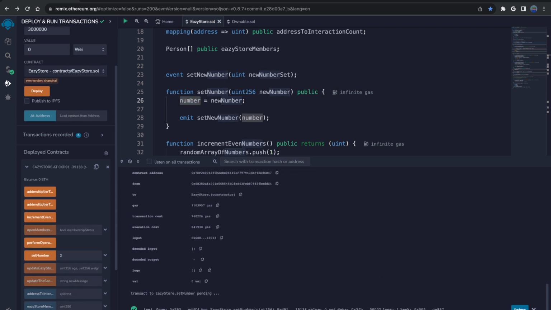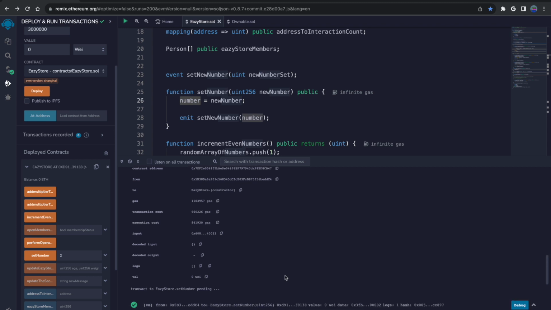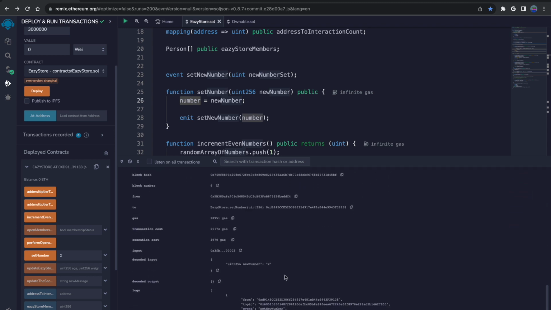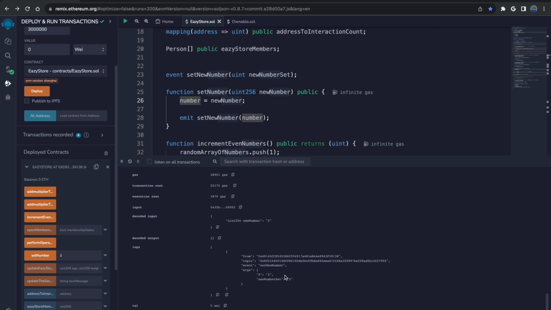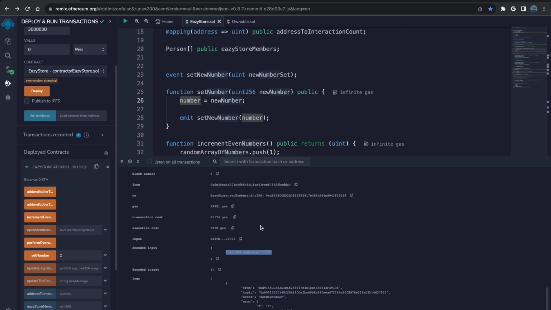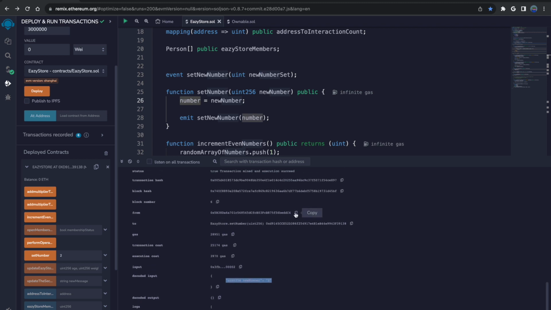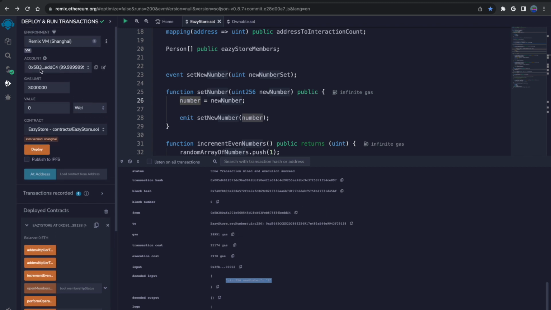When I run this contract execution, we look at this and we see that indeed we set this number to 2. This is a log, or event, we created. You can also see that being done here. Another interesting thing to look at is that the address, my EOA, is the same one I told you I was. The 0x5B, that's my account here.